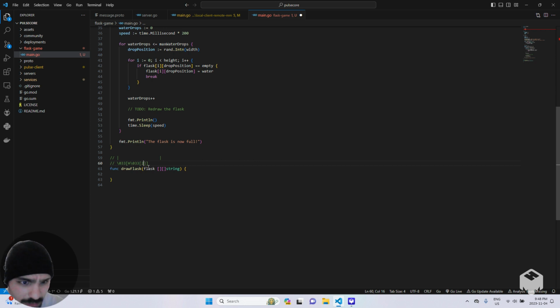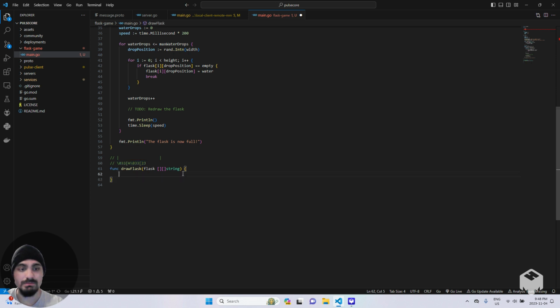It's not the bracket's J actually, and close the bracket. So when you print out this specific string, it clears out the whole terminal. So what was written there is simply cleared out, and whatever you draw, in our case the Flask, will be redrawn